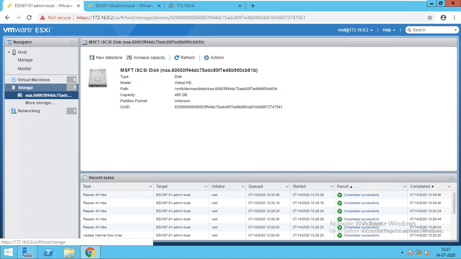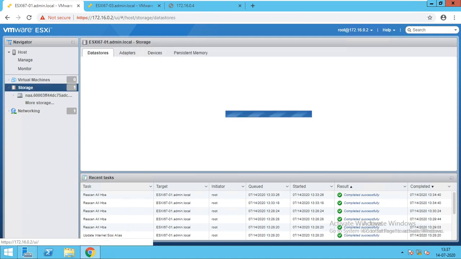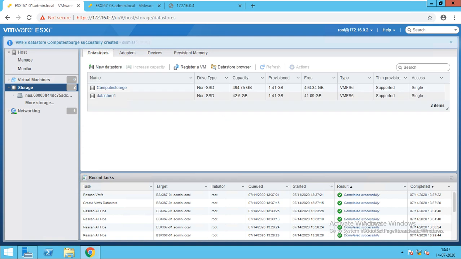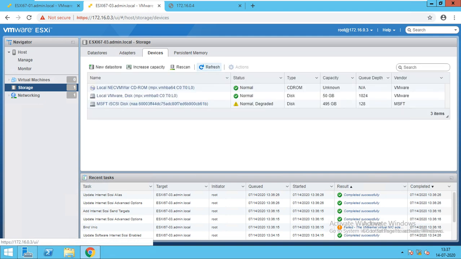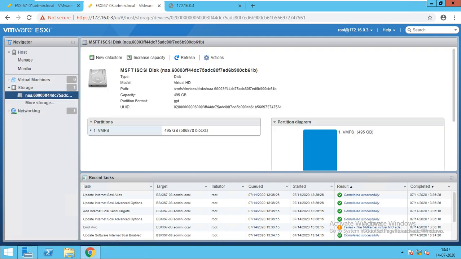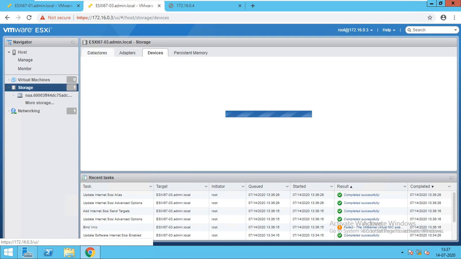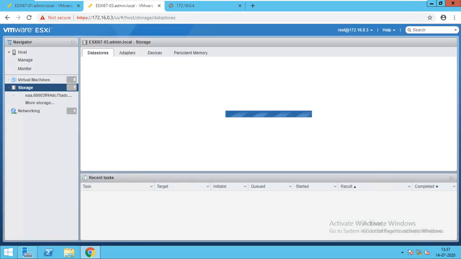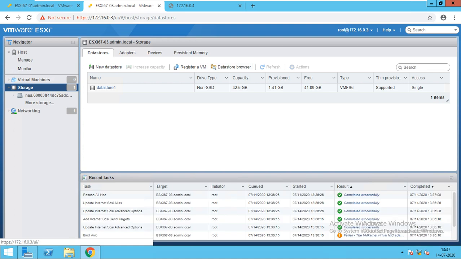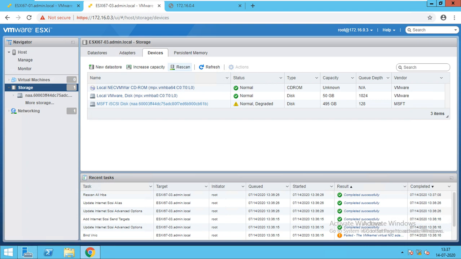First time you have to do assignment. In other cases you don't, but now you have to. So you did it. Now you have got two. Now we have to refresh here also. You got it here. You just open it, and if you go here in the data store, you will be able to see your data store. It's showing one only, because sometimes it takes time to replicate.